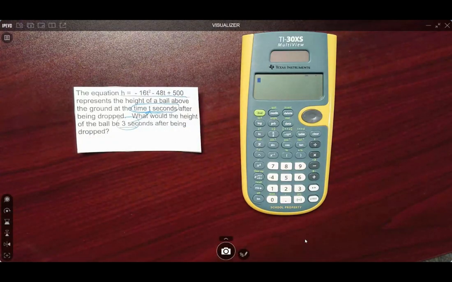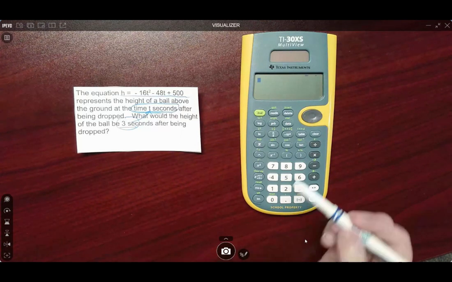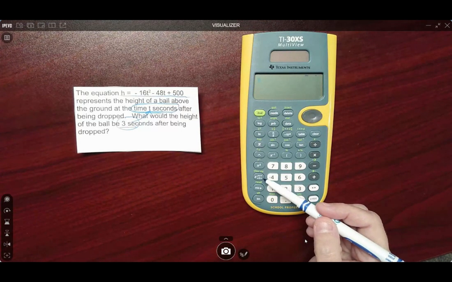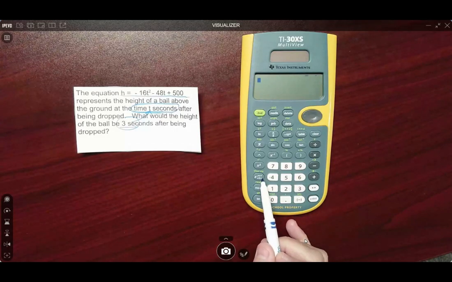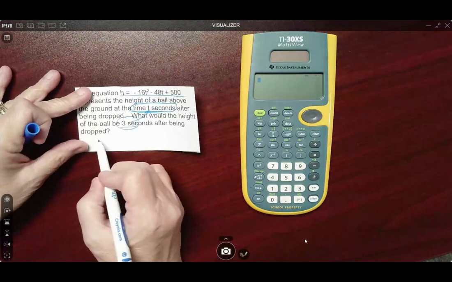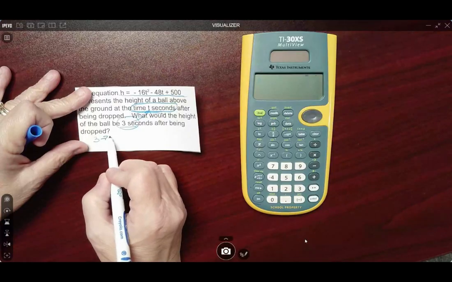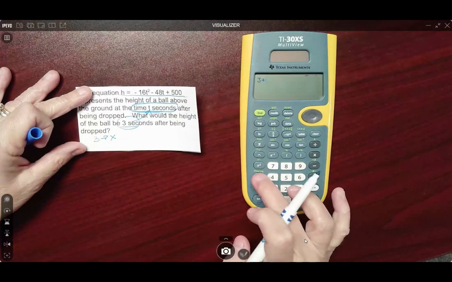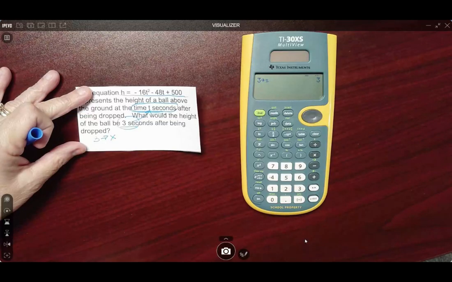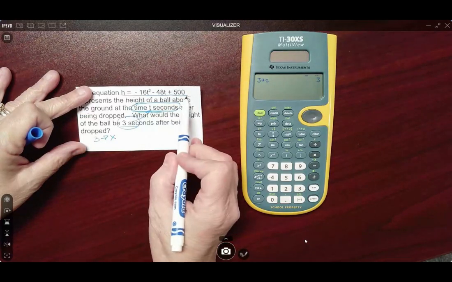Do I have to use the variable t? No, we can use x. We could use t, but it would just require more punches of my variable button to get to the t when we have x, y, z, t, a, b, c. We just have to punch it more times. So we'll just use x. 3 store x, enter. We've entered the time of 3 seconds. And now we're going to put in this equation,